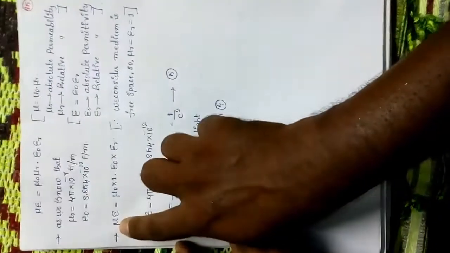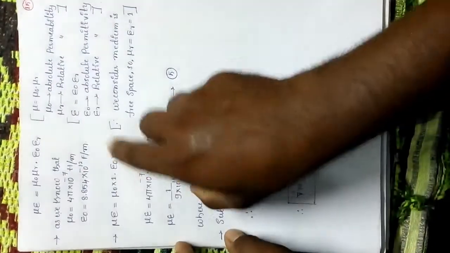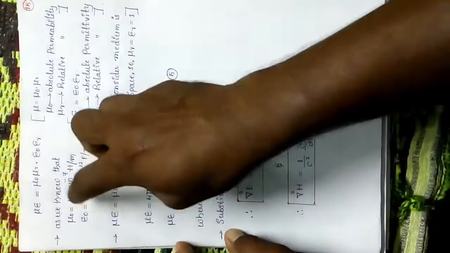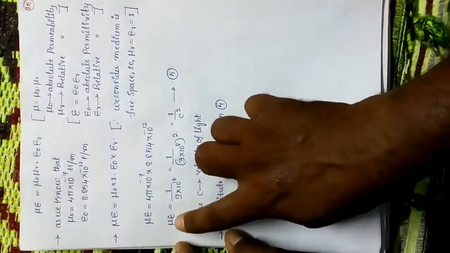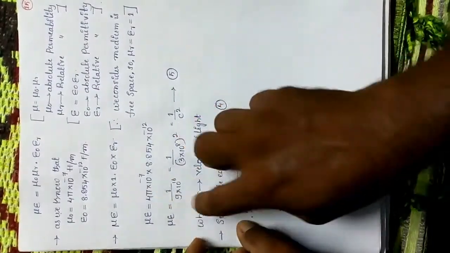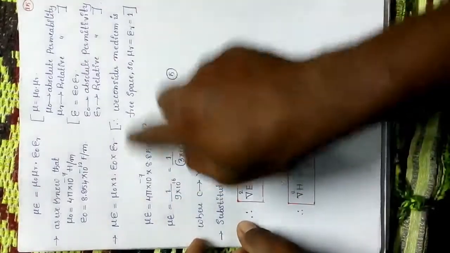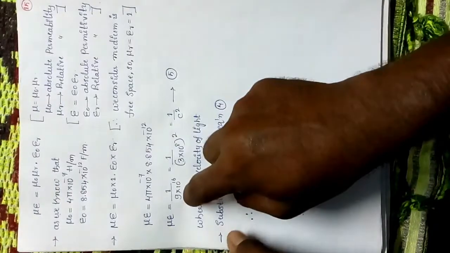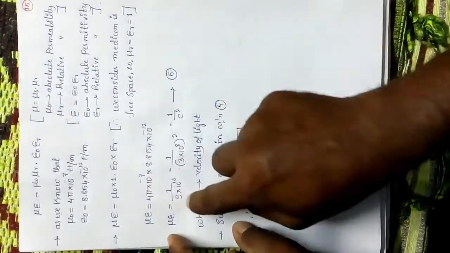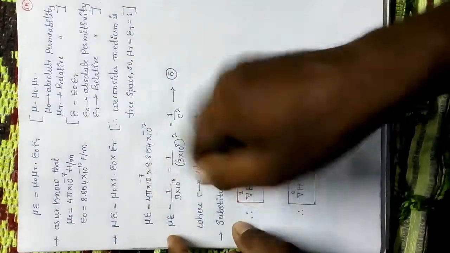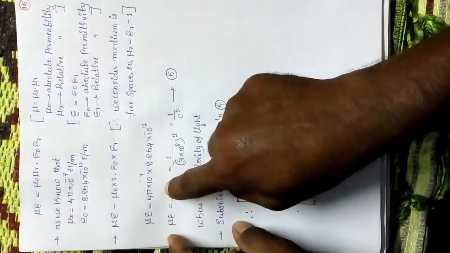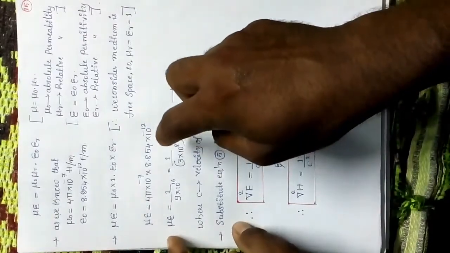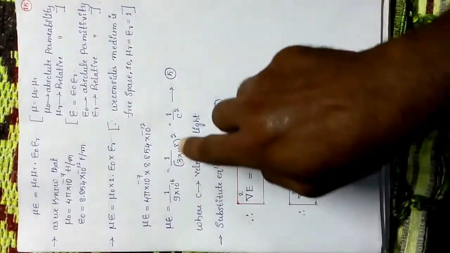What we are getting: μ into ε is equal to μ0 into 1, ε0 into εr, and εr value is 1 here also. Simply, finally we get the multiplication of these two terms: μ ε = 1/(9 into 10 to the power of 16). If you have any doubt, just work out this expression. So finally we get 1/(9 into 10^16). For convenience, I write this expression as 1/(3 into 10^8) whole square. Shall I write like this?